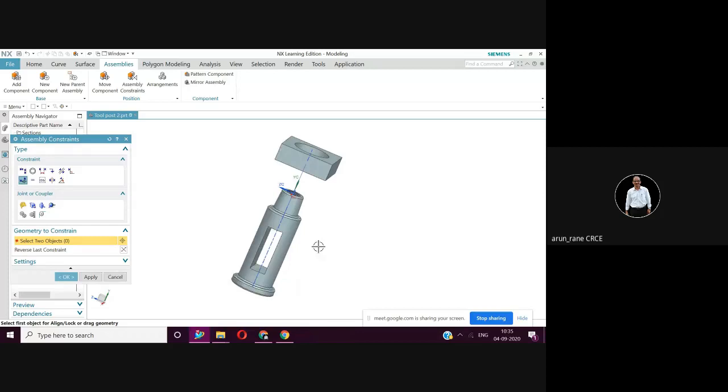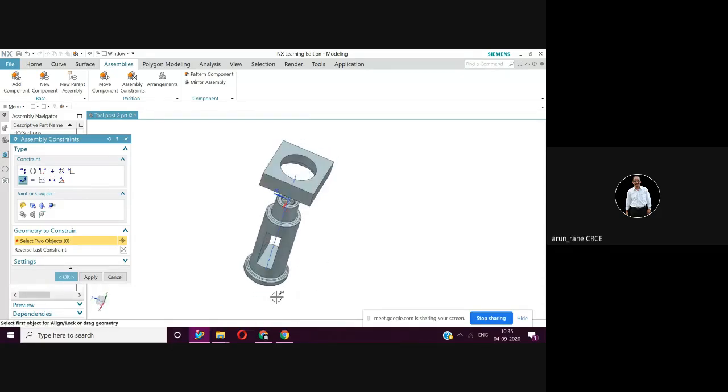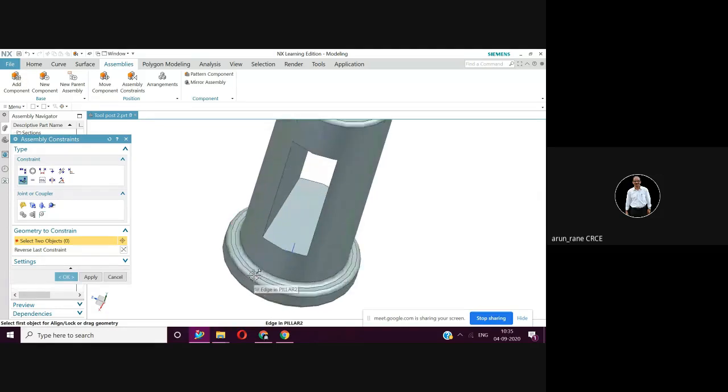Now, what we'll do, we'll align the face of this, that is this face and this face. Now, if you can see here, it is not so clear because of the fillets, isn't it? There's a fillet here, there is a fillet here, and then there's a flat portion here. You may have difficulty in selecting this flat portion.